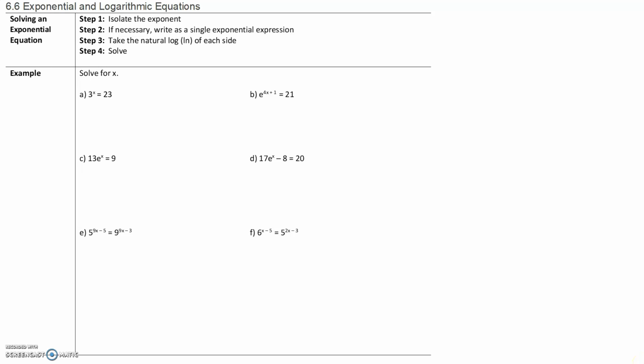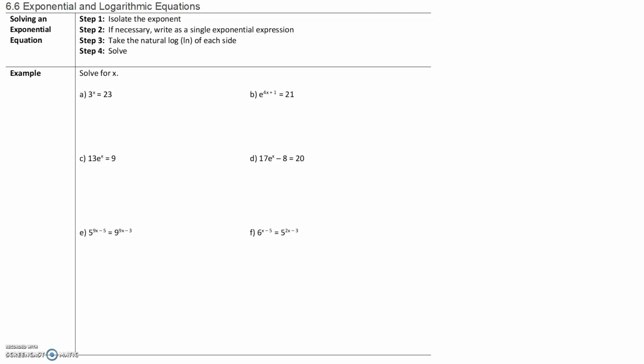In previous sections, we were introduced to exponential and logarithmic functions and their properties. In this section, we will learn how to solve exponential and logarithmic equations. We can see the steps here. There are 4 steps to solving any exponential equation, and we will go through the steps as we do each